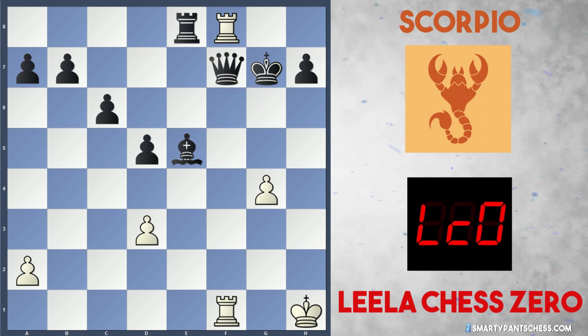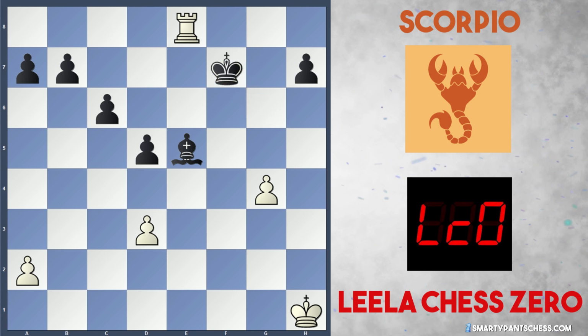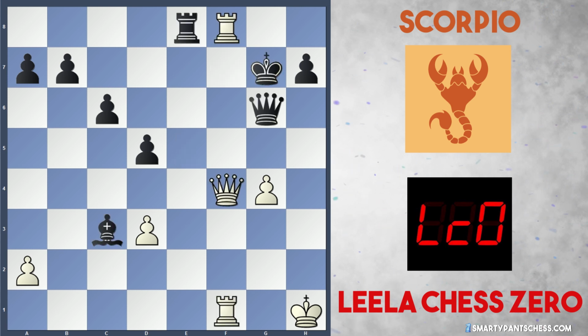If the queen takes, then the rook takes with check, and after king g6, white can take on e8, and if king takes f7, there's rook takes e5, and this should be an easy endgame win for white. After queen f4 as well, let's say black plays a move like b6, queen c7 can be played with check,